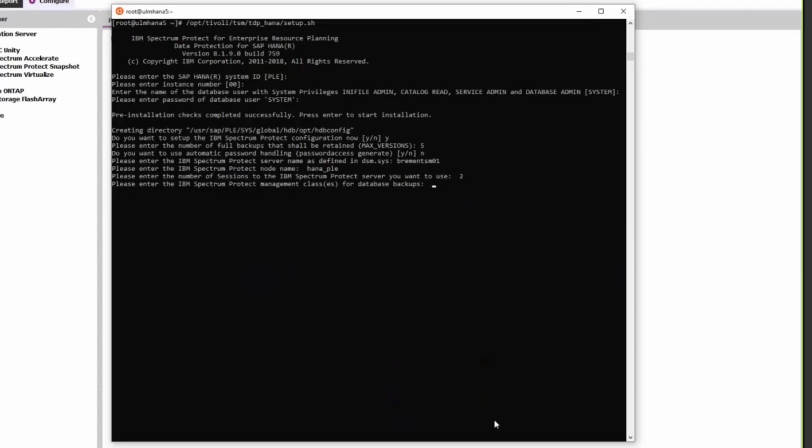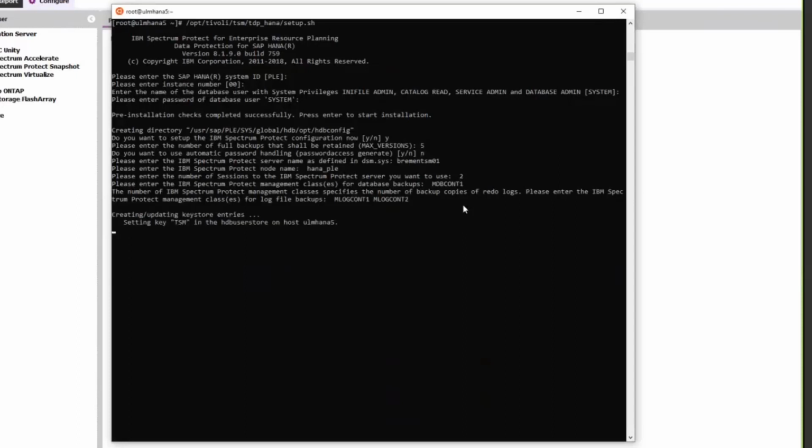Next, you're going to specify the Spectrum Protect management class for this database backup. And now you'll enter one or more management classes for the redo log. And so if you have more than one redo log and you enter more than one management class, basically we'll store each redo log in a different management class. And if one of those for some reason gets damaged, Spectrum Protect will automatically use the other version